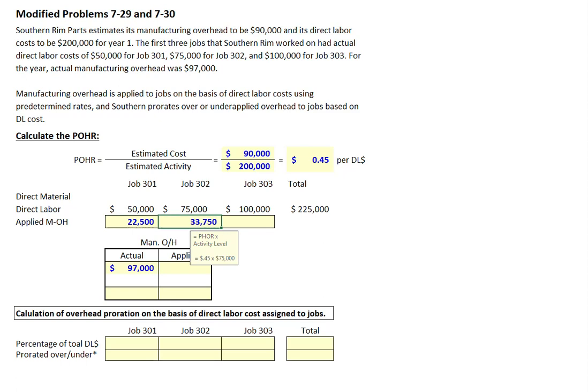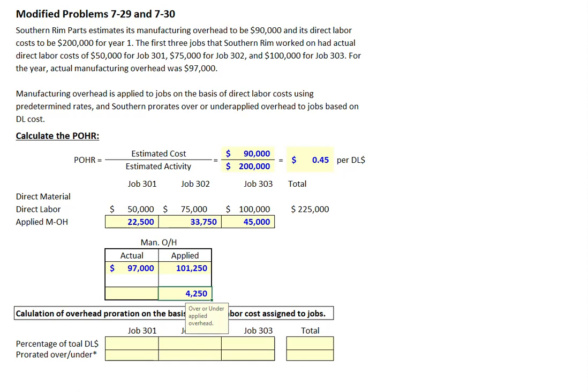That's the $75,000 in labor cost times 0.45. And finally, job 303 will be assigned $45,000 in manufacturing overhead. So our total applied manufacturing overhead will be the $22,500 plus the $33,750 plus the $45,000 for a total of $101,250, which means we had over applied manufacturing overhead of